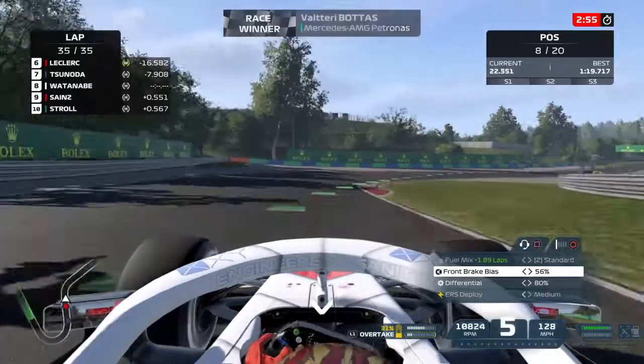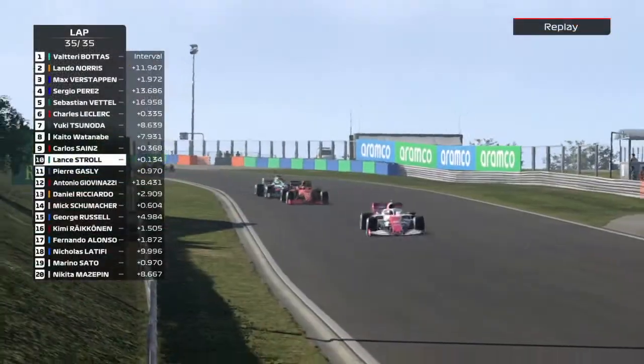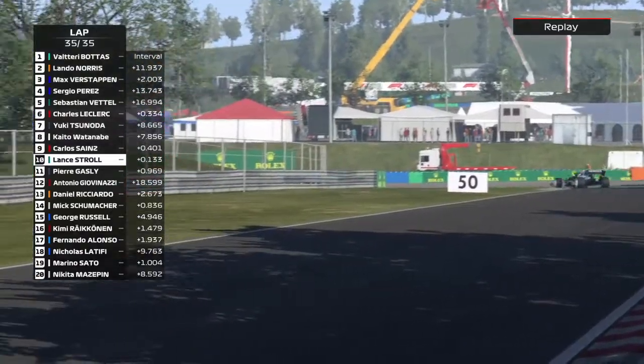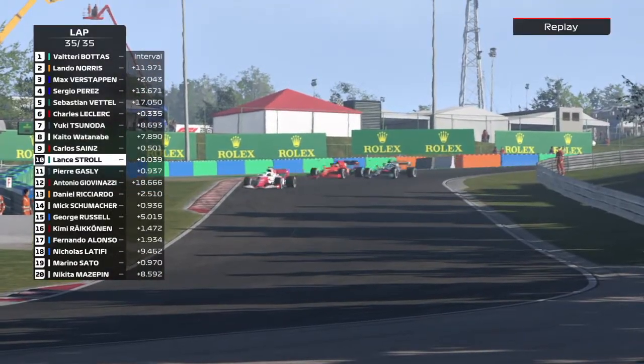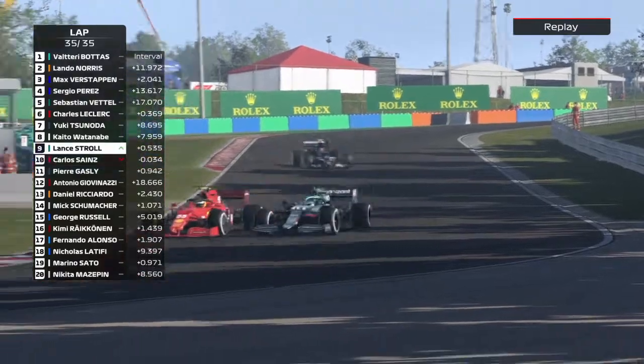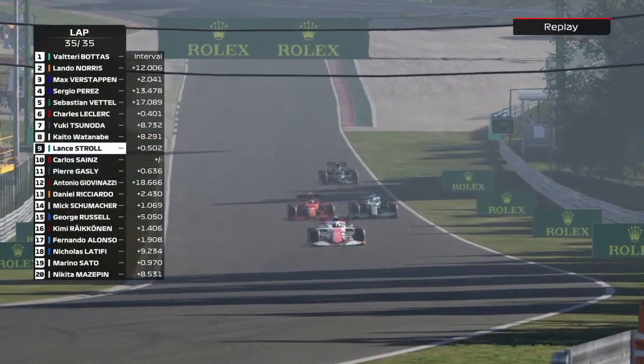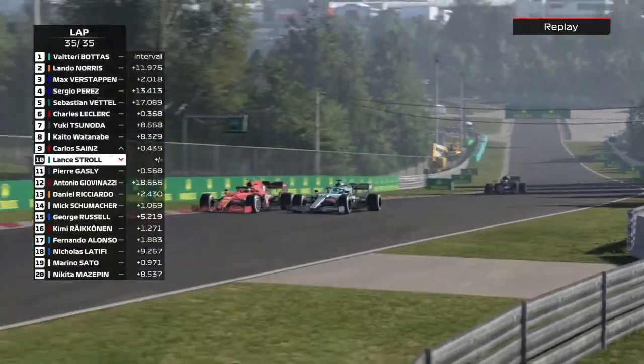Valtteri Bottas wins the Hungarian Grand Prix, showing the superiority of the one-stop strategy, something we need to keep in mind. But before I cut back to our POV, just look at this amazing battle between Sainz and Stroll. I've said it once and I've said it again, the AI battles on F1 2021 are so good. Like, they race like real life. Look at them going side by side into turn